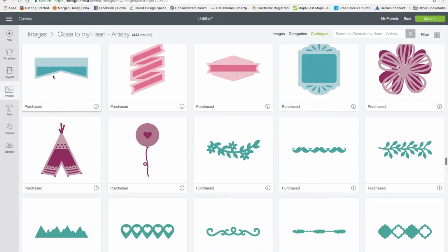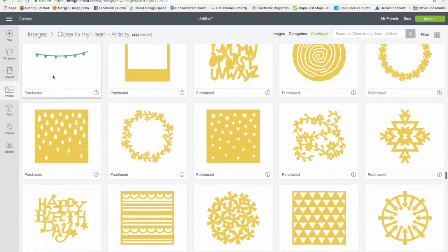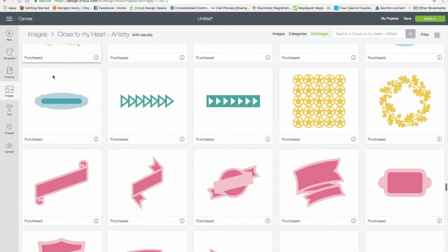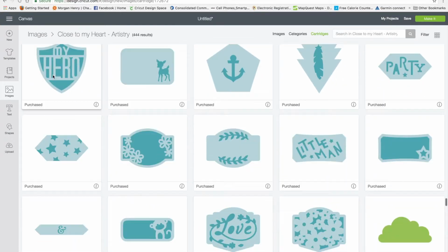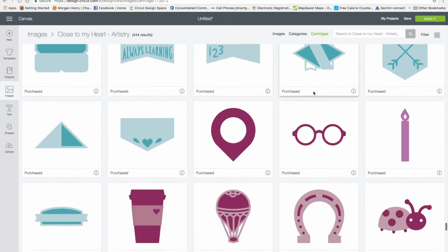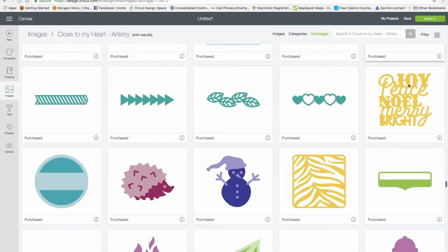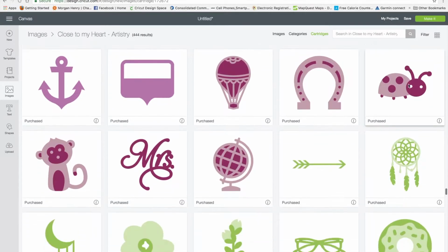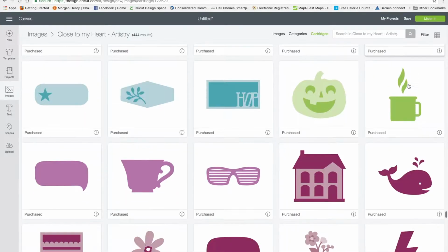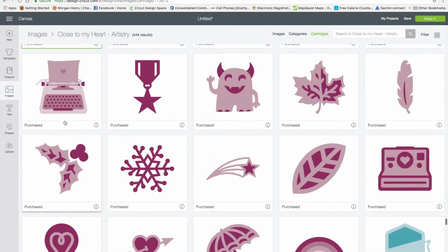So to fill 9 cards, it takes quite a few things, and so I'm just going through all of my cartridges and looking, and it's very creative at this point because you get ideas not just for this, but future projects or future pocket letters. And so I really do like going through all of these icons, and you get quite a few in a single cartridge. So, and remember, these things, I could also be flattening these, and I could be printing them and